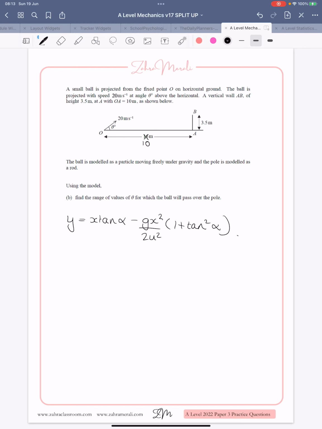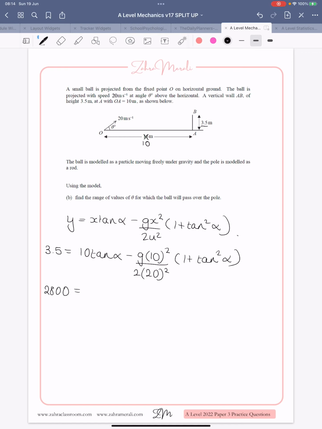All right, so we're going to substitute in the values. We can use our y as 3.5, our x as 10, and we're trying to find alpha. So minus g, 10 squared, it tells us u is 20, 1 plus tan squared alpha. So I'm then going to times everything by 2 times 20 squared, just so we get rid of that as a denominator. If I do 2 times 20 squared, I get 800, times 3.5 is going to give me, so I'm doing it all in one step. If you need to do more steps, not a problem,